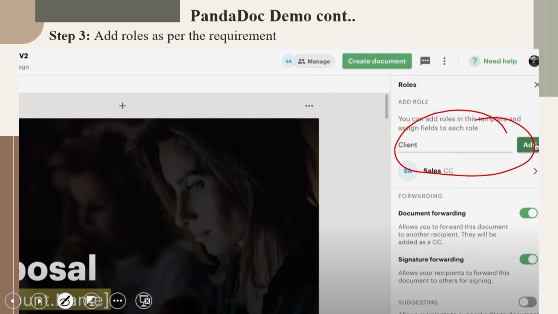You also see some forwarding options, signature forwarding. So all these check-ins can simplify your work, and it can also be routine work. Let's say some mundane activities like signature, there are chances that these are forgotten. So checking that here itself will ensure that there is consistency across the documents.